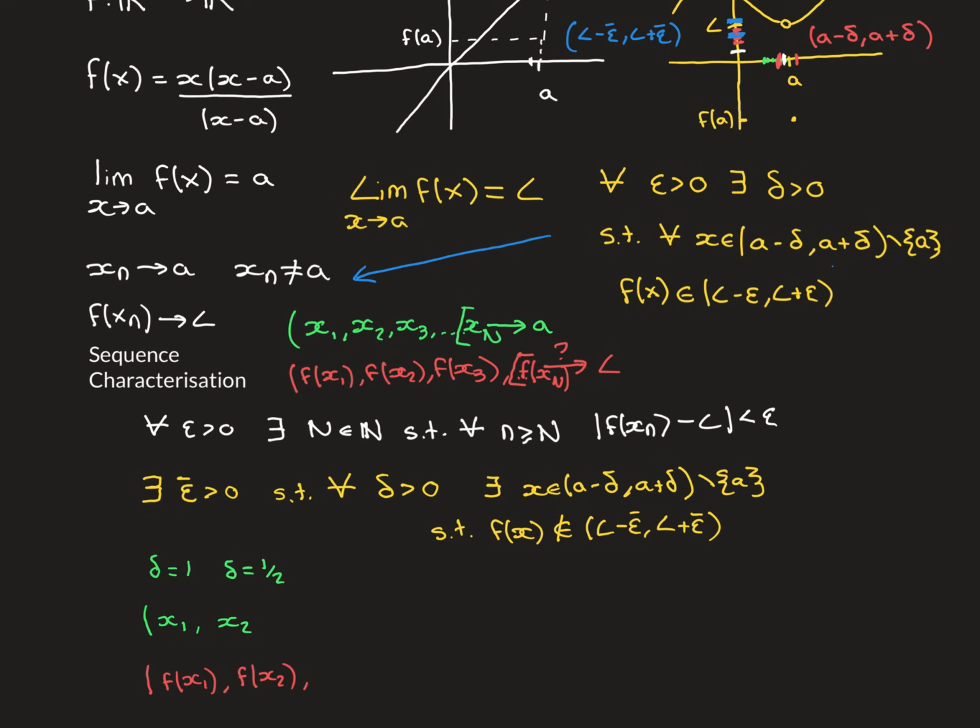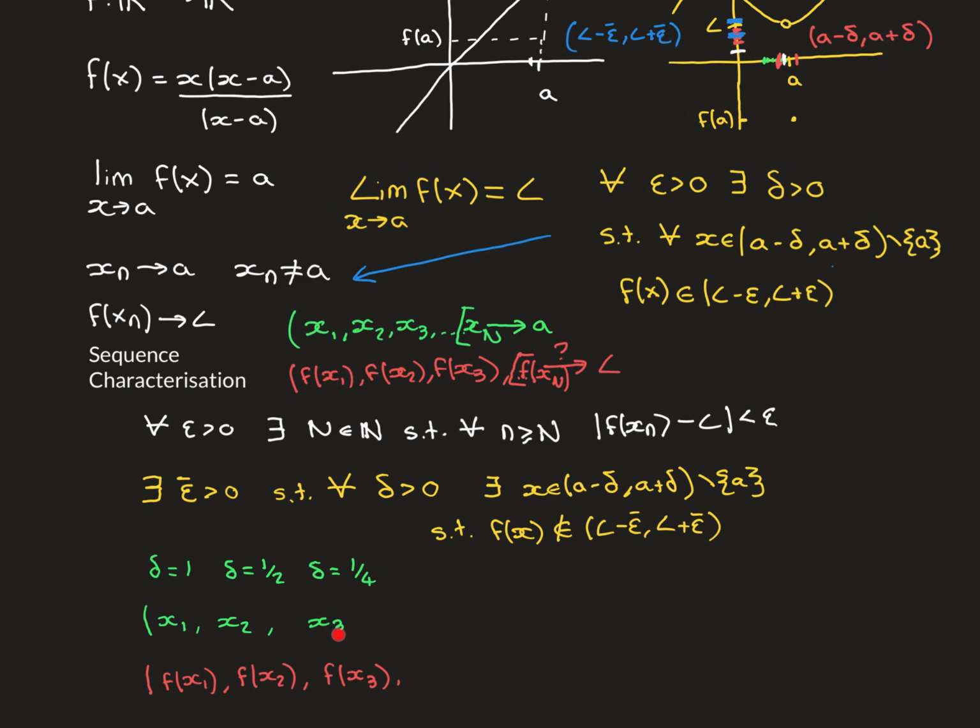Now, it does not matter if these two terms were the same number. Of course, this interval contains this interval, so it might have been the case that you chose the same number from both of these intervals. That doesn't matter, so they can be the same. To get the third term of the sequence, you then progress again. Half the size of the delta again will go to a quarter, and then by the same logic, there must exist a point inside that quarter interval that is not A itself, so all the terms of the sequence are not going to equal A, such that if you look at what it's mapped onto, it will be outside of that epsilon bar interval, so its corresponding term in the image sequence will be outside of that epsilon bar interval.